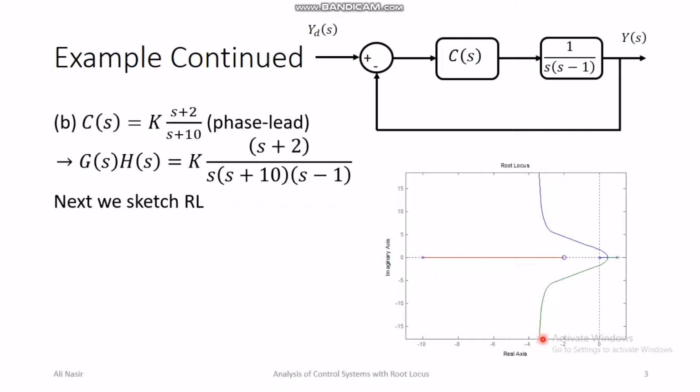So this would be the point where the asymptotes join the real axis if they are sketched backward. The asymptote goes up at 90 degrees. So this will be the centroid point of the root locus. Also, this pole travels towards the zero that we have inserted at -2, and this is the pole at -10 which travels towards the zero at -2 as the gain